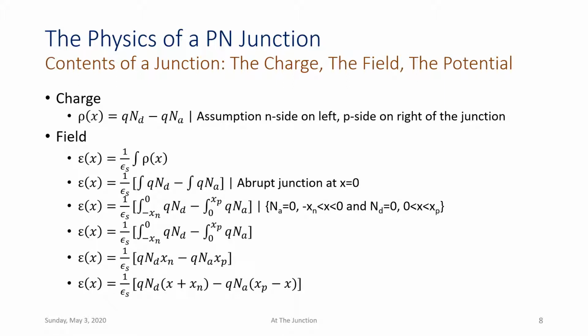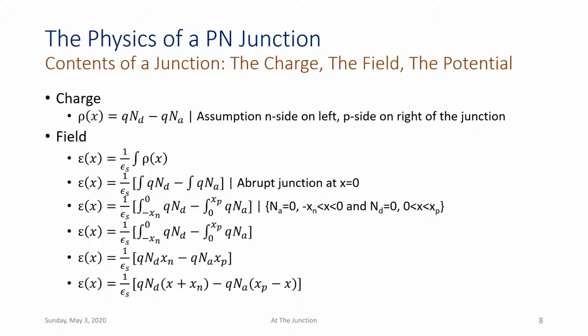Now we'll have to put the limits on the integral, and these limits would represent the width of the junction. And since n-type is on the left side and p-type is on the right side of the junction, which is at x equals 0, our integral limits